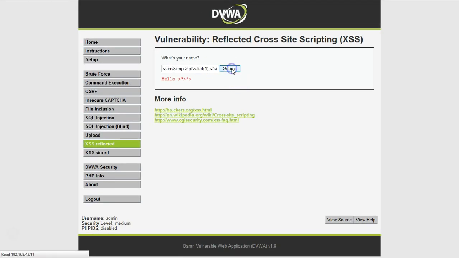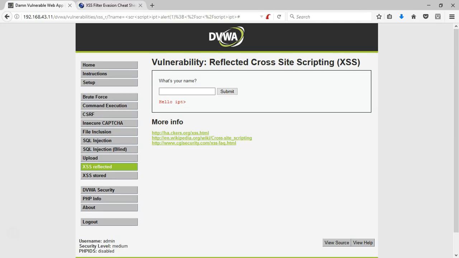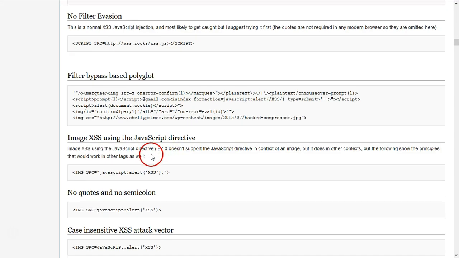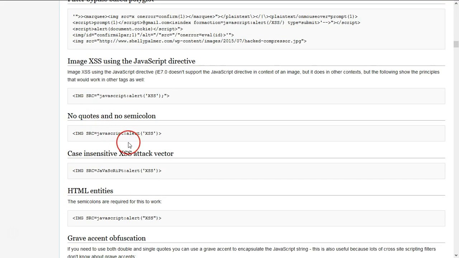Now submit. As you can see, all those script tags have been filtered except the IPT. So this will not basically work. Okay, we can go to the OWASP filter evasion cheat sheet found here that has many filter evasion techniques